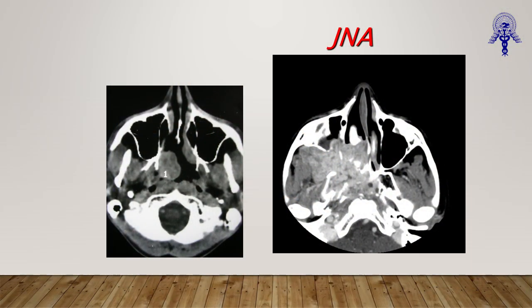But in the axial scan, this small JNA can be seen here. You can see everything is intact here and it has not gone beyond the pterygopalatine fossa. So this is our earliest, small stage 1 JNA. Obviously you need to check whether this is a contrast scan or not. This is not labelled, so there may be no contrast, but if there is no contrast scan you must ask for